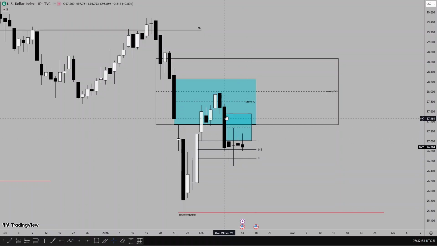Looking at this price action, the first draw on liquidity leading to price trading lower to fill in the daily fair value gap was one of the most impulsive moves this week that gave a clean price action for you to take advantage of. And looking at this price action, seeing the internal shifts trading through the daily fair value gap, clearly you can see that the bias is now fully aligned with the idea of price trading lower to run the sell side liquidity. Now, next week we might see a retracement before actually trading lower.